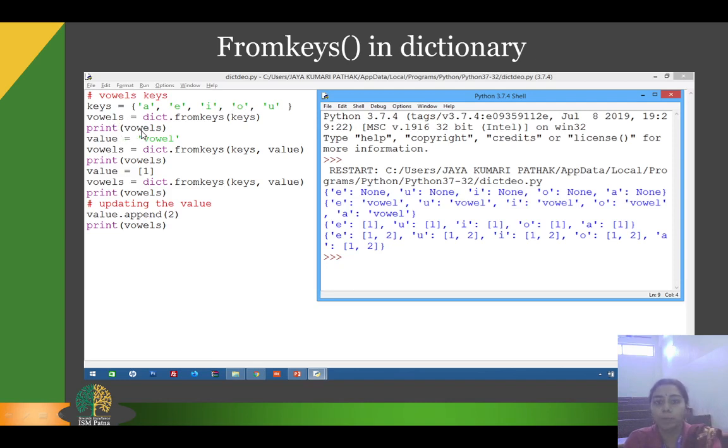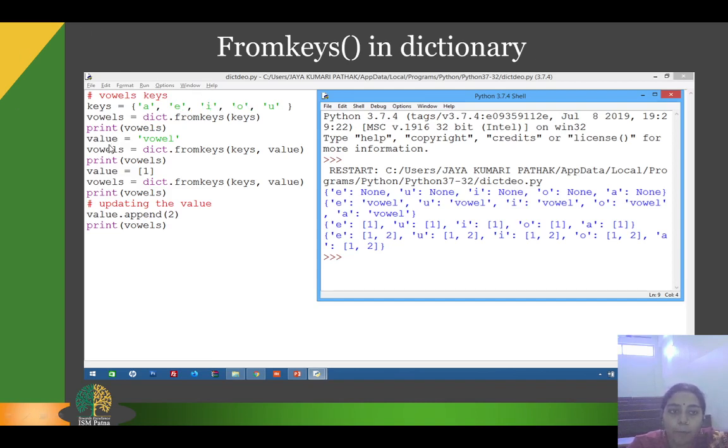So here you can see that as we haven't passed any values to the fromkeys function, we have passed only the keys, the value of the keys of the vowels dictionary is None. As you can see, E None, U None, I None, O None, A None. This would be a random order. It is not necessary that the elements get inserted in the same order as listed in the keys. The order might change.